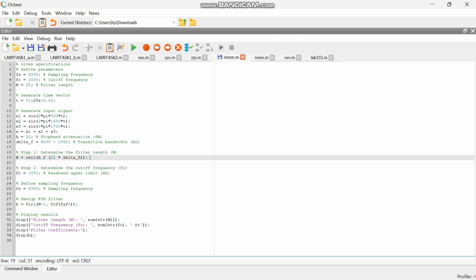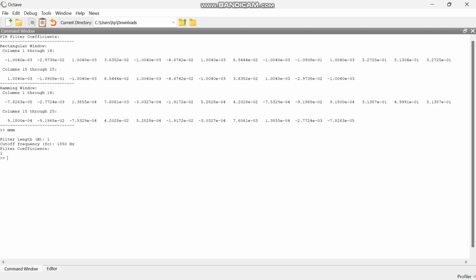An FIR low-pass filter is designed using the fir1 function with the updated filter length N and the normalized cutoff frequency Fc over sampling frequency divided by 2. The calculated filter length and adjusted cutoff frequency are displayed. The FIR filter coefficients are also displayed. Here's the output. Here we have the filter length, the cutoff frequency, and the filter coefficients.